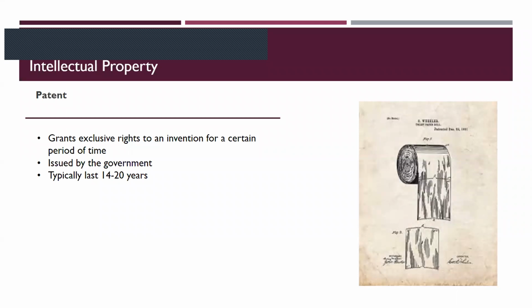And that recently changed 10 years ago. It used to be if you had the idea, then you were the one who patented it. Now it's the first person to file the patent gets it. So if someone has a good idea and they tell you, then you can go patent it. And now you have all the rights to the patent, which means no one else can manufacture it.